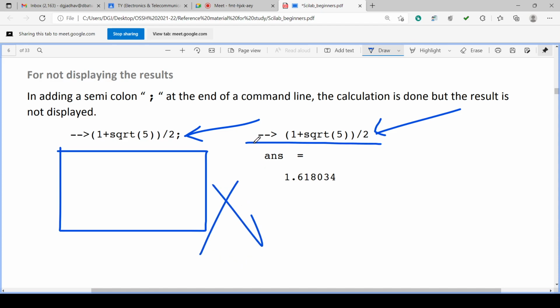If no semicolon is there, then the result will be displayed like this: ANS equal to 1.618034. So the result can be displayed by not using a semicolon, and the display can be stopped by using a semicolon. Okay.